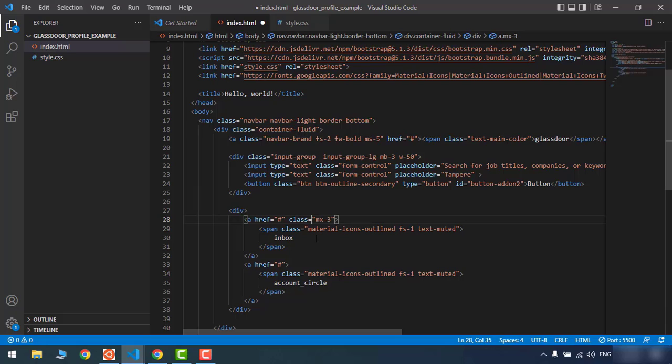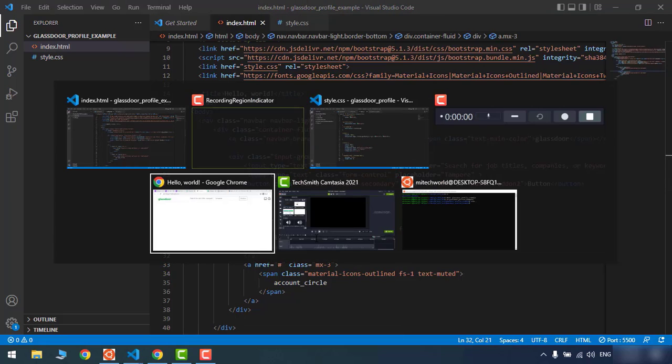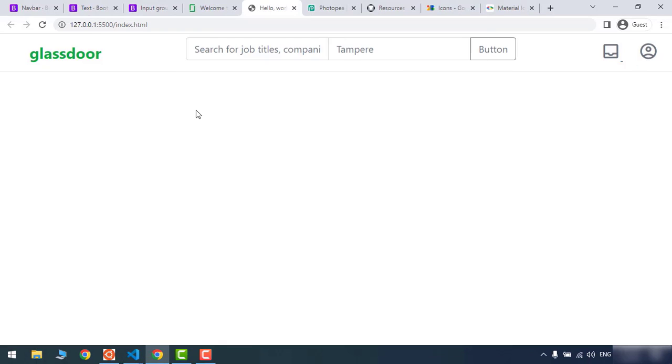It means that I want margin in the x direction, meaning horizontally. So add it also here. I want to have margin horizontally. 3 is good. Let's refresh. Now we have a nice